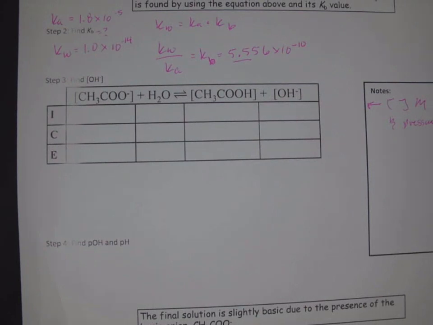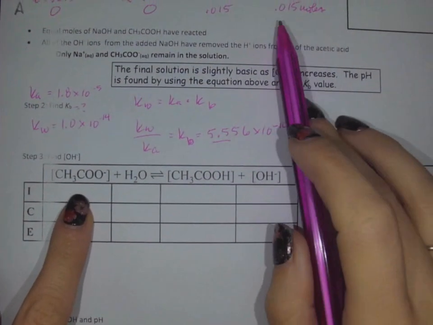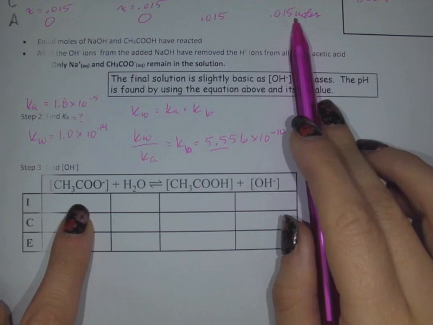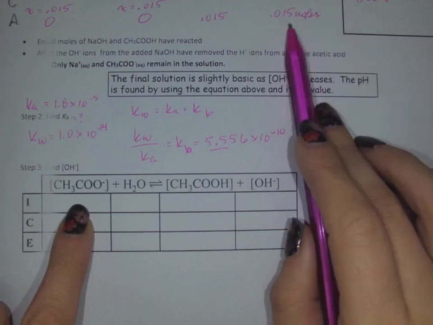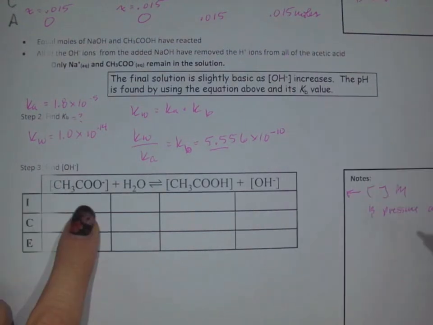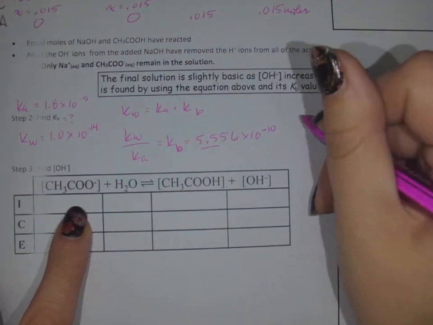We are going to be adding into an ICE table. Now I'm going to tell you right now, the most common mistake that I see students make is they want to take this 0.015 and put it right into the ICE table, but this is moles, and we need this to be molarity. Okay? So, concentration